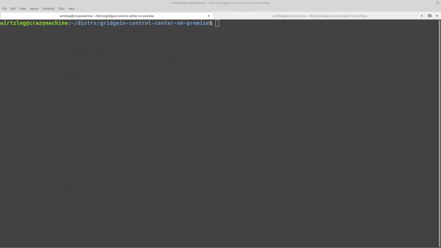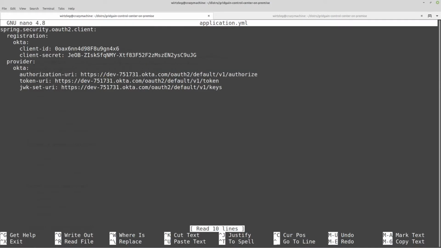Hi guys, in this video I'm going to show you how to connect GridGain Control Center with your custom OpenID Connect provider. First of all, we have to define certain config file. Let's open it. It should contain information about what provider do we use. In this case I will use Okta, client ID and client secret for our application, Control Center, that is registered